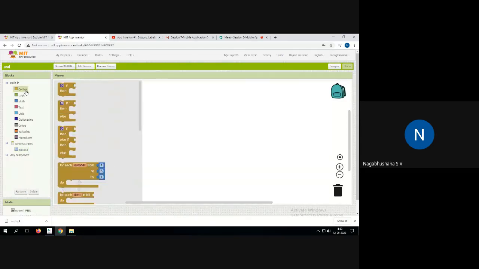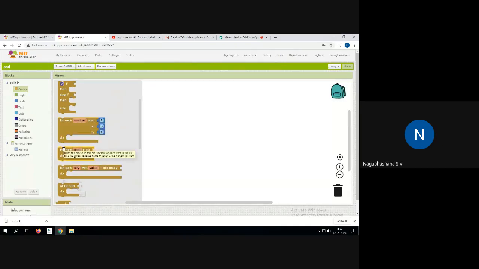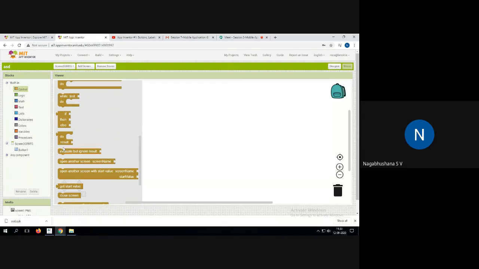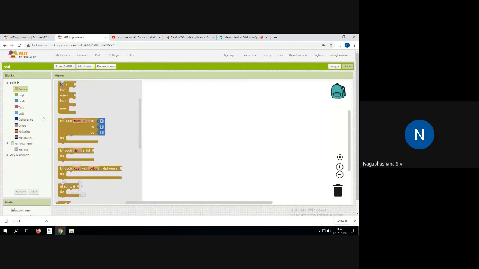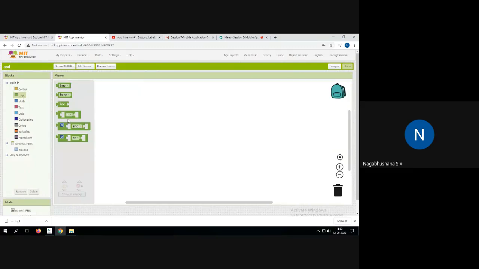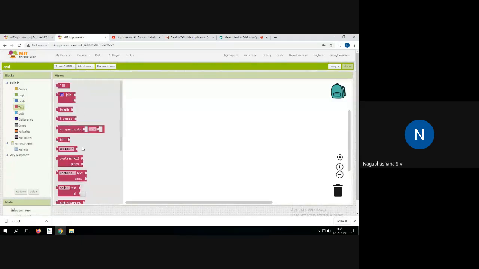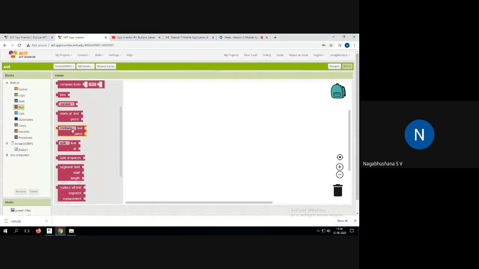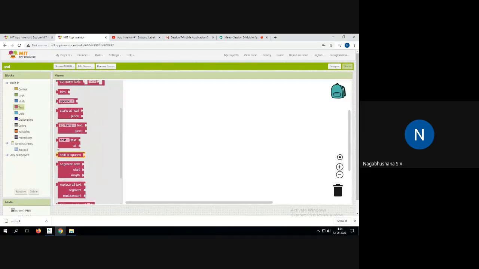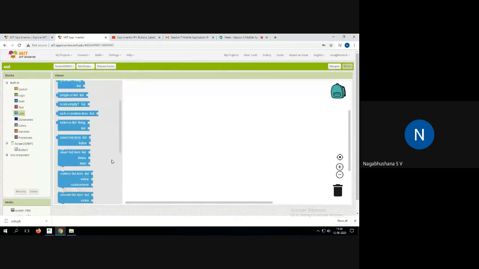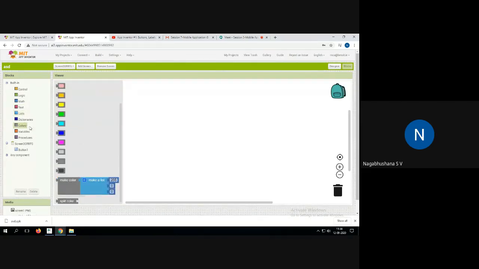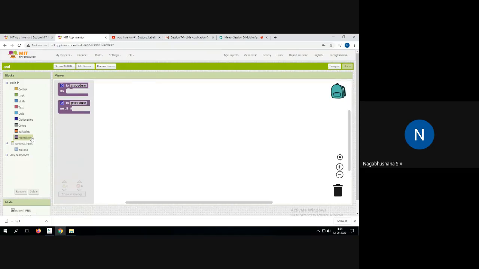Even if you look at this, there are if-else statements, for each loops, while, then evaluation, then logic with true and false, and mathematical functions. Then text: join, length, and if you are comparing two texts you can use this. You do not write code. If you want to convert to uppercase, all the regular expression things are also available here, and lists. Everything is available. It's very easy to develop applications here. Even procedures and triggers can be written here.